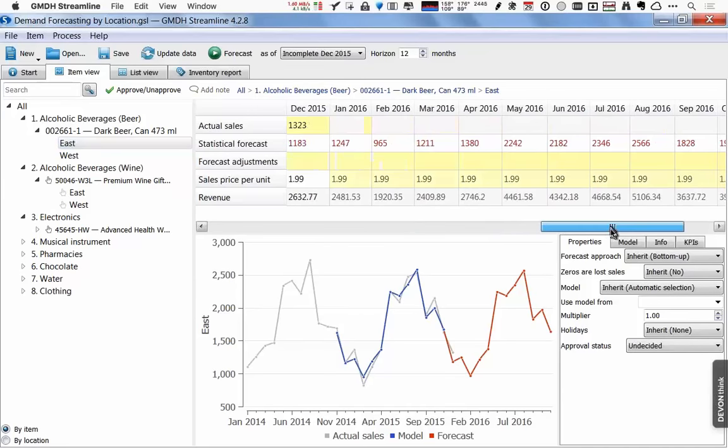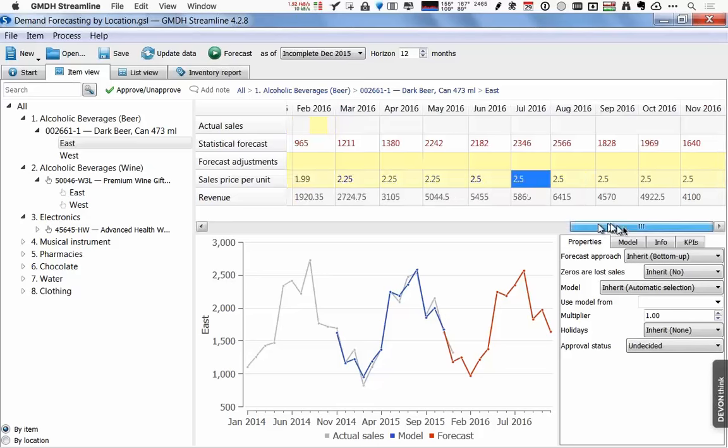So you see here that the product sells for $1.99, giving you again our revenue forecast. But it's very easy to make a change to that. So for our future planning, we can say that the price will go up to $2.25. And Streamline is smart enough to realize that you're not just going to set the price for the current month, but it extends it out until the next time you change it. And so on. So Streamline is able to allow us to adjust our sales price and calculate our revenue forecast immediately,